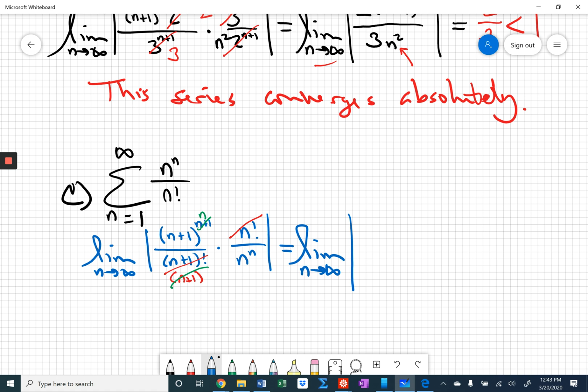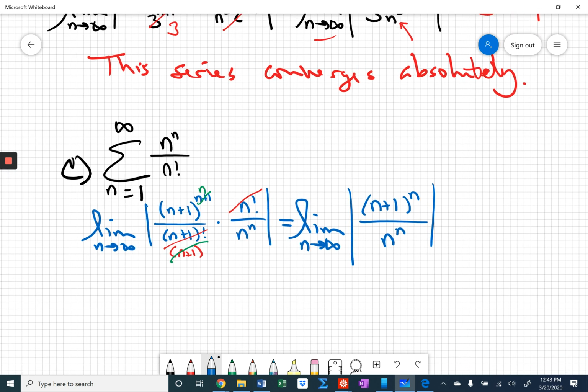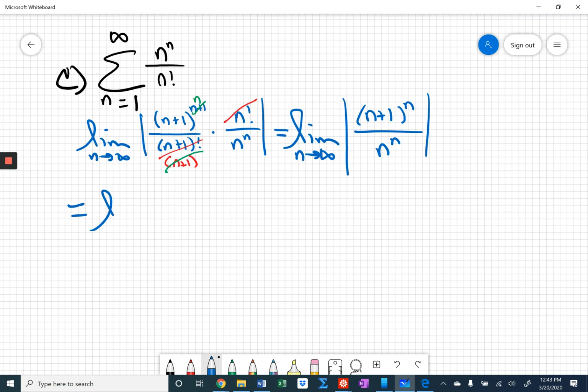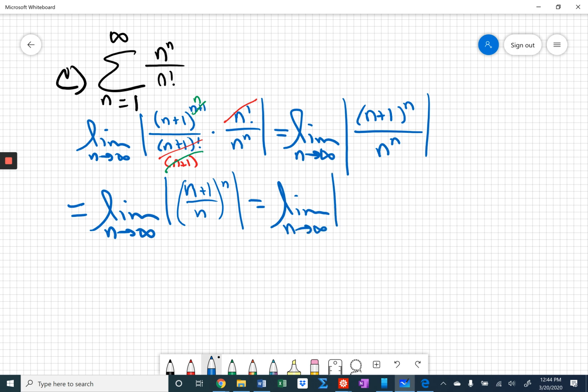So now I'm left with, I'm going to go slowly here, n plus 1 to the n over n to the n. Maybe you see how you can rewrite that, and if not, that's okay. Over time, you've got to sharpen those algebraic skills. So I've got to give you some hints about what you have and what you don't have. This algebraically can be rewritten as n plus 1 over n, all raised to the nth power,